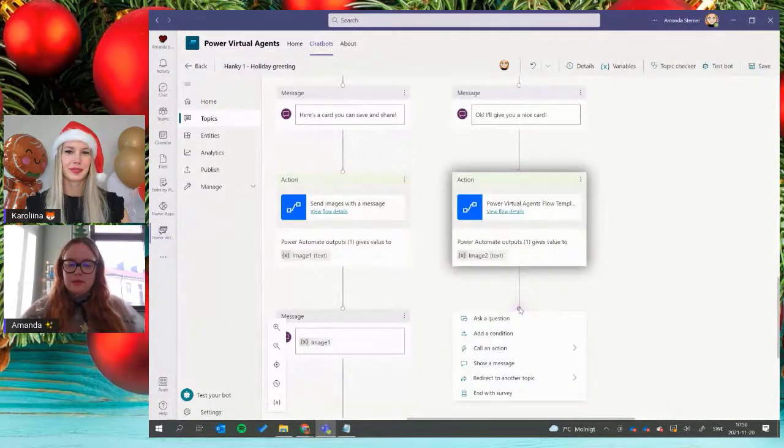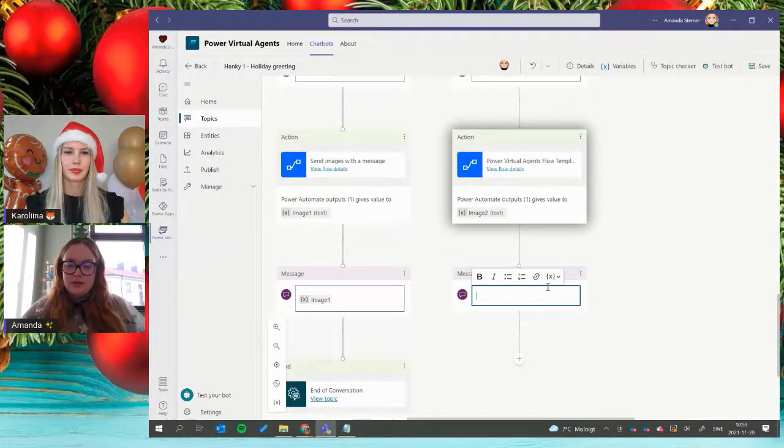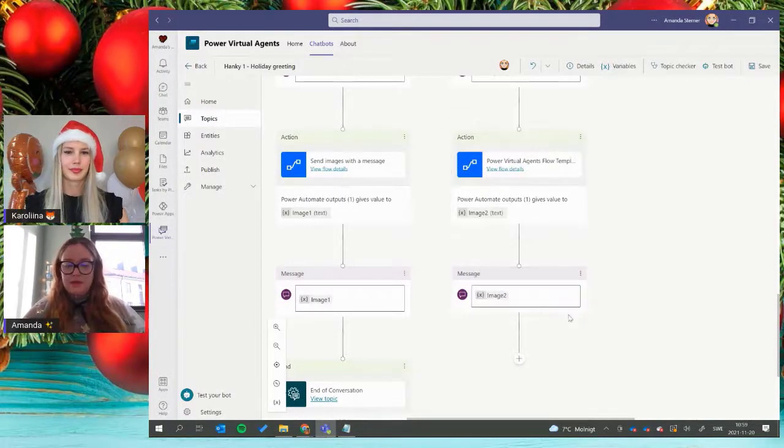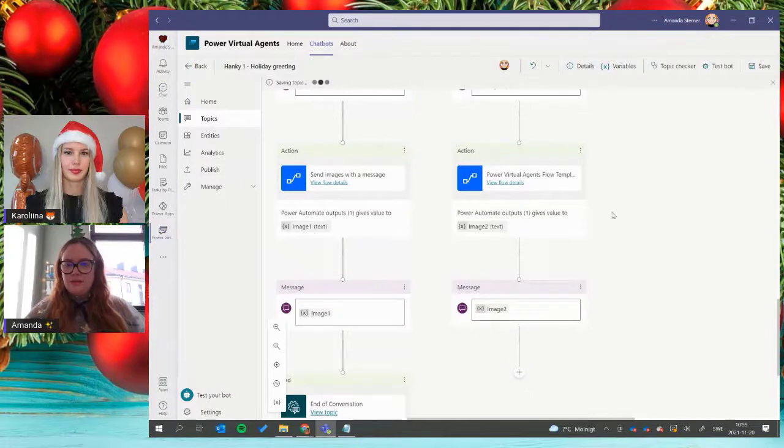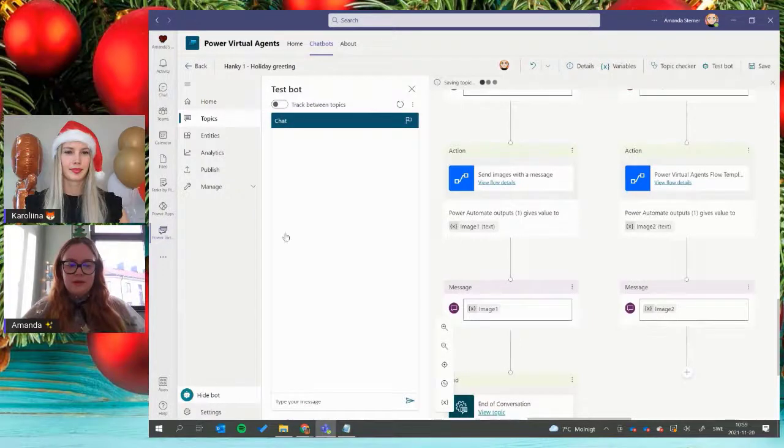And now we just need to make sure that we can see the image, so we will show a message, and then we have to insert the image, which is a variable. So we click the little variable thingy, and we named it image, as you could see, and that's it. So I'm just going to save one more time, and we will test it here quickly before we end the conversation. So let's see. I'm just going to write card,